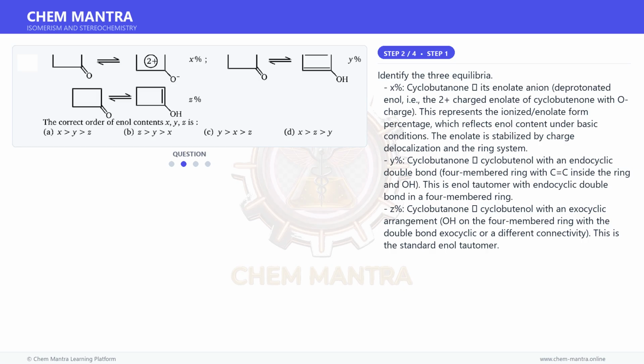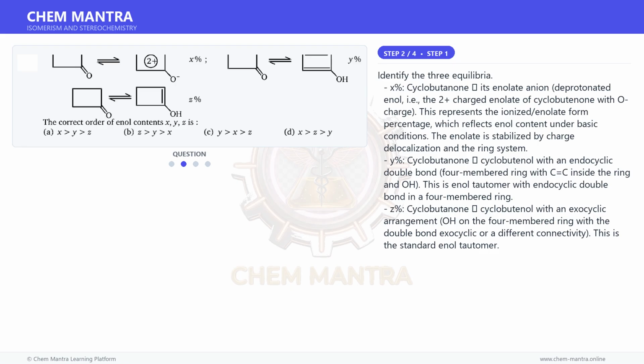Identify the three equilibria. X% is cyclobutene, its enolate anion, the deprotonated enol, i.e., the 2+ charged enolate of cyclobutene with O- charge. This represents the ionized enolate form percentage, which reflects enol content under basic conditions. The enolate is stabilized by charge delocalization and the ring system. Y%